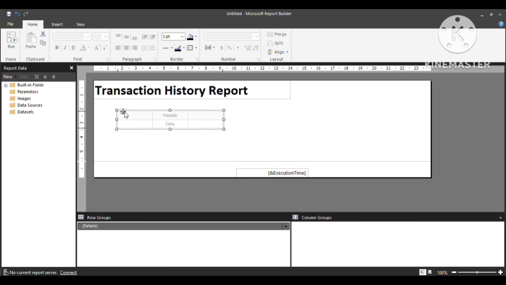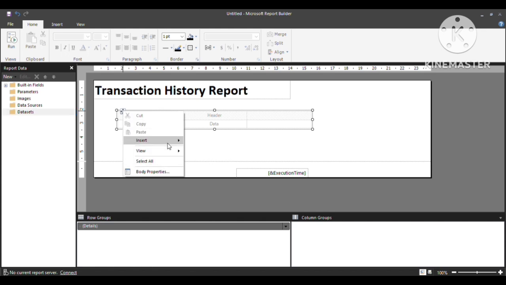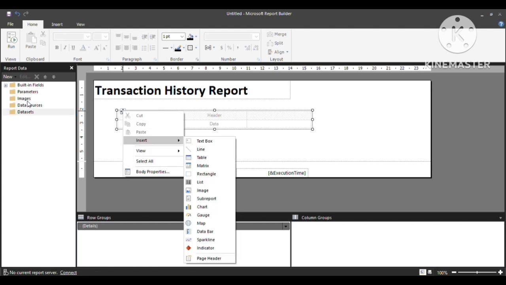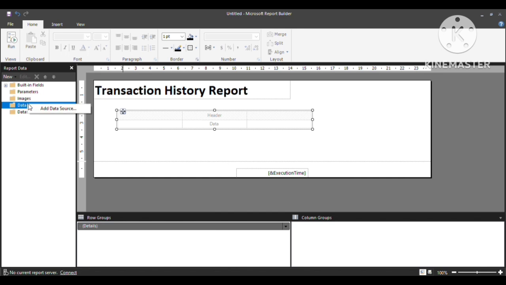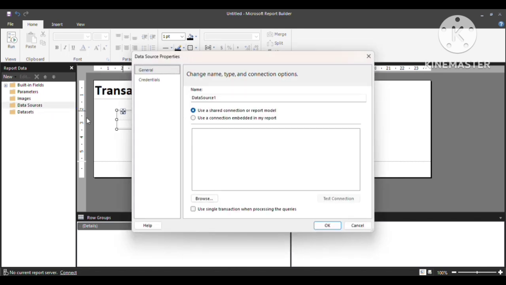You can see the table is generated here. But we don't have any parameter or data source and data set. So before inserting this table, we need to include the data source, which means we need the connection string. I'm typing my data source name like